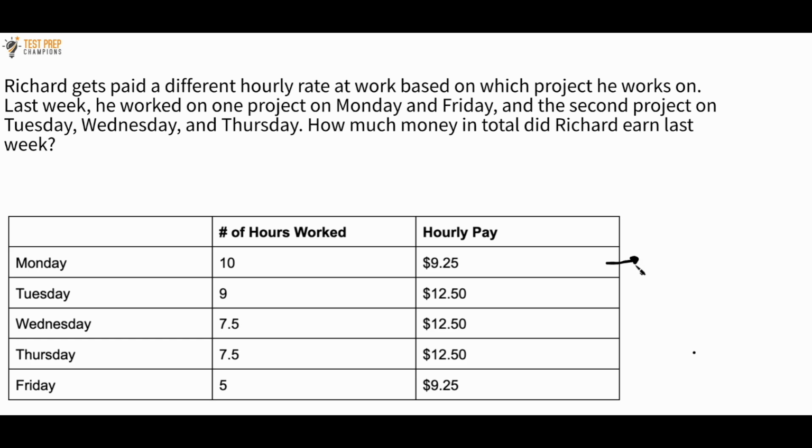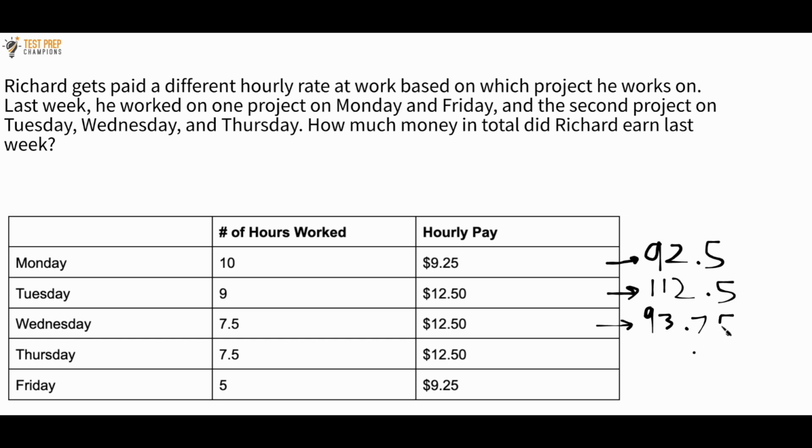So for Monday here, I want to do 10 times 9.25. And when I do that in my calculator, I get 92.5, right? So he made $92.50 on Monday. So I'm going to do the same thing here for Tuesday. I'm going to do 9 times 12.5. So when I do 9 times 12.5, I get 112.5. So now I'm going to do that for Wednesday. So for Wednesday, I'm going to do 7.5 times 12.5. And that gives me